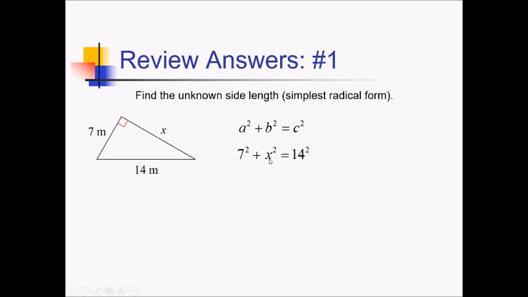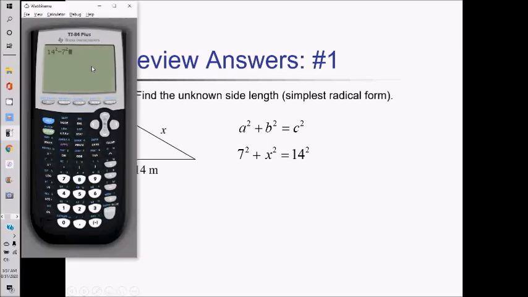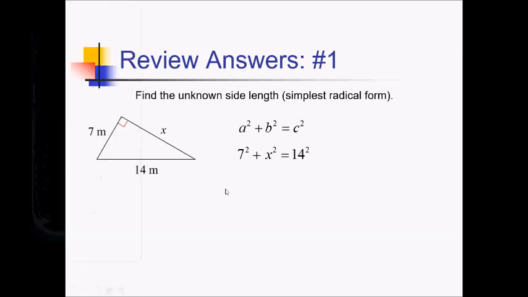And at this point we need to get x squared by itself. So I've got 14 squared minus the 7 squared. Let me do that on the calculator. So plugging that in, that comes out to 147. All right. So we have x squared equals 147. Now 147 is not a perfect square. The closest perfect square is 144. That would give us 12, so this is going to be 12 point something, but they wanted simplest radical